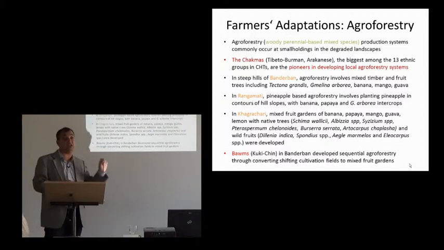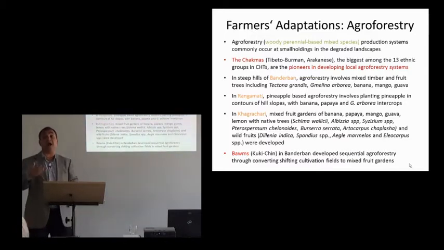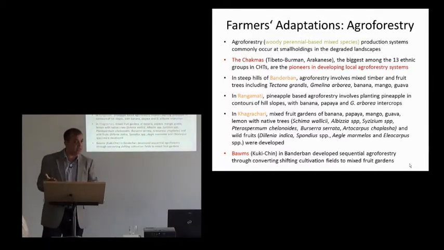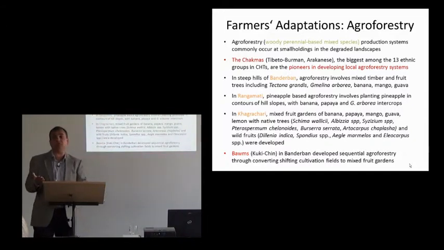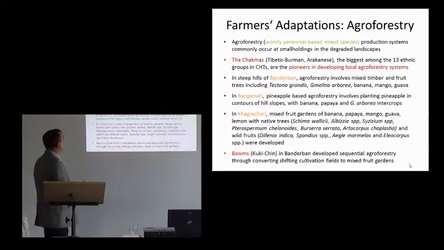They are converting their shifting cultivation plots to agroforestry. So this can be a good sign in some way, because they are earning so much money that they can buy their food from the market, the rice. For example, if you don't practice shifting cultivation, you cannot have rice in the hill agroforestry system. So they have to buy the essential food items from the market. They earn a lot of money, so they can buy food.